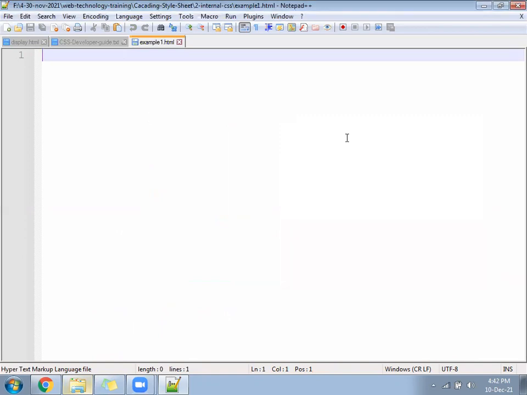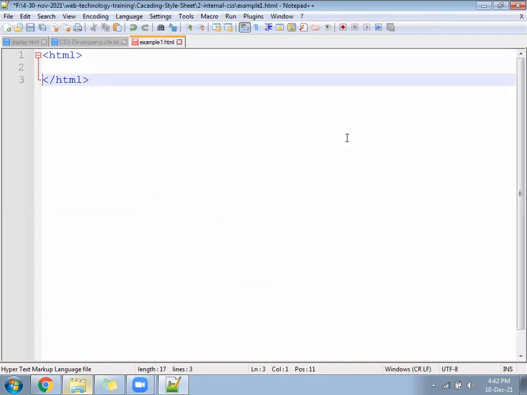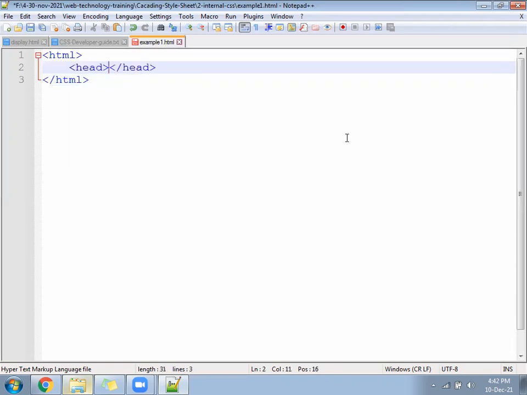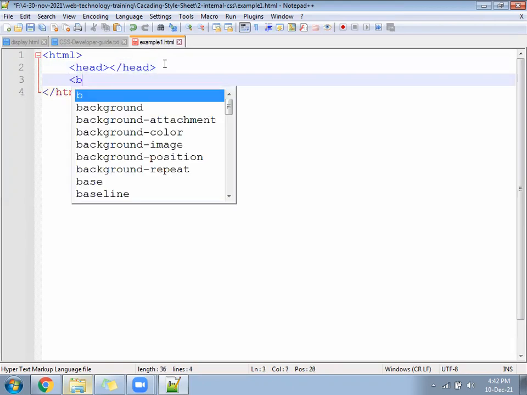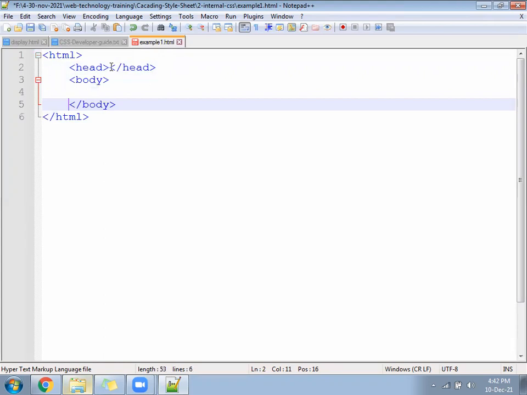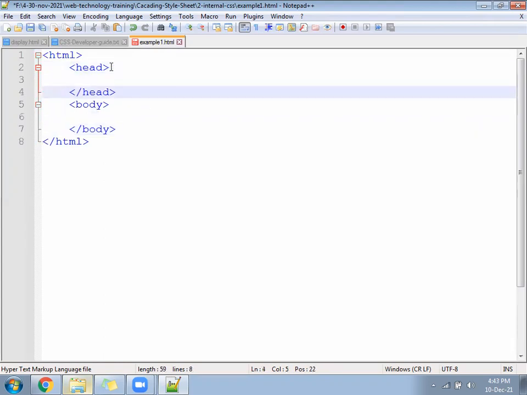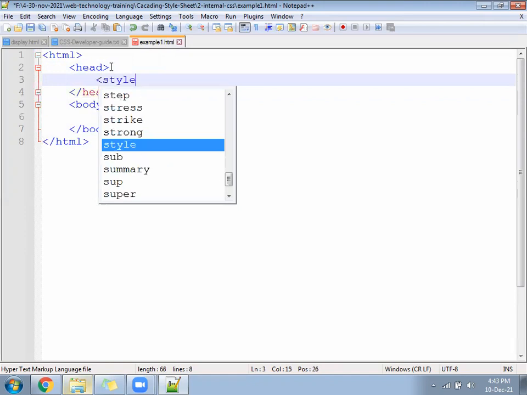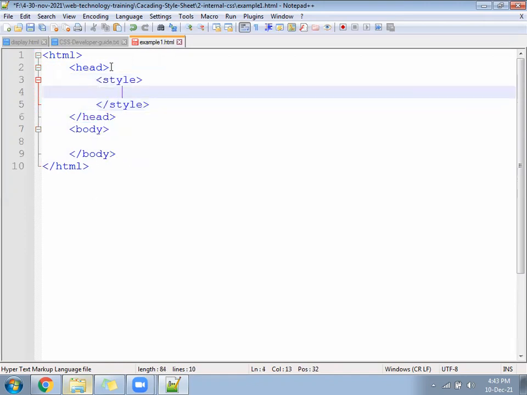Okay, start from HTML and follow the head section now. Then you write the body section. Under the head section, you will open the style and close the style.